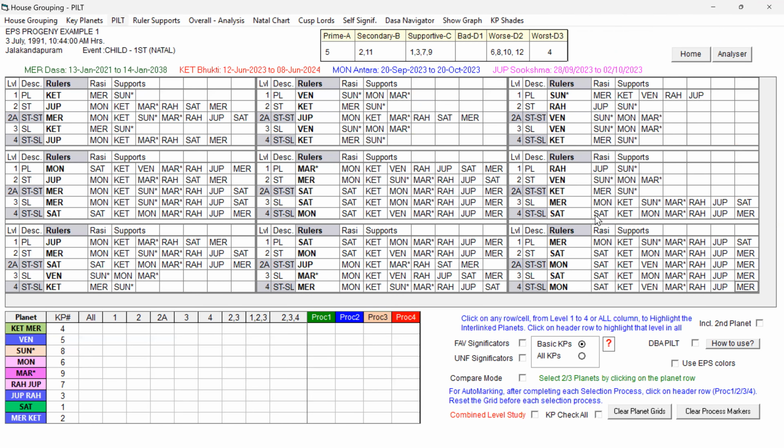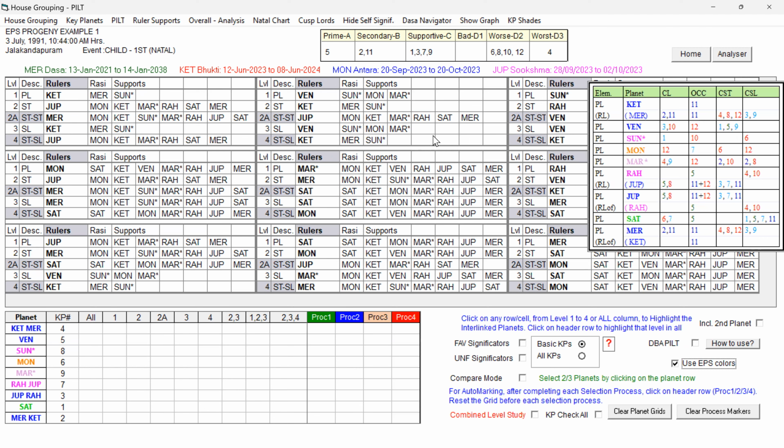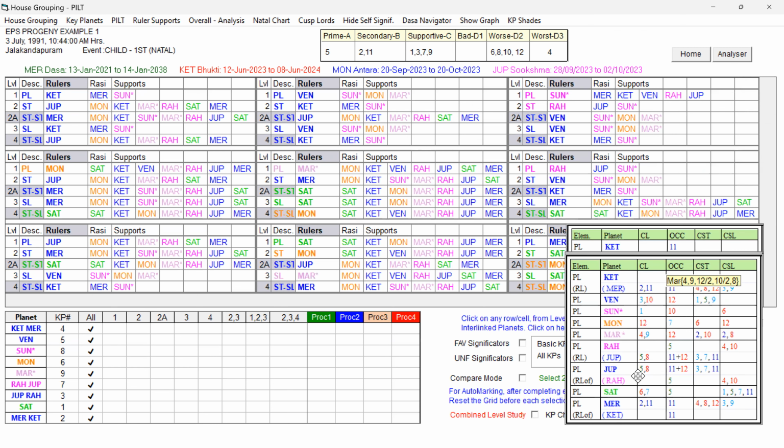Now we are on the PILT page, and we can either use the key planet states automatically generated by the software, or we can use the EPS colors which we assigned in the previous video when we were studying the EPS tables. I can use these EPS colors because we have already spent a lot of time on that, so there will be continuity of understanding. So now I have selected EPS colors and KP check all. Now we are going to study the